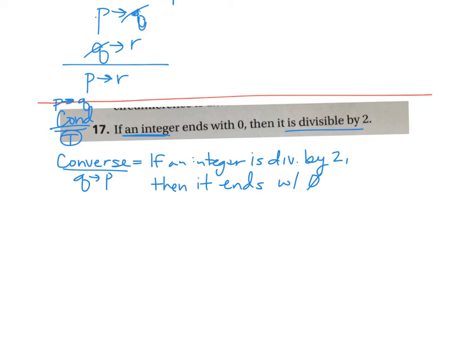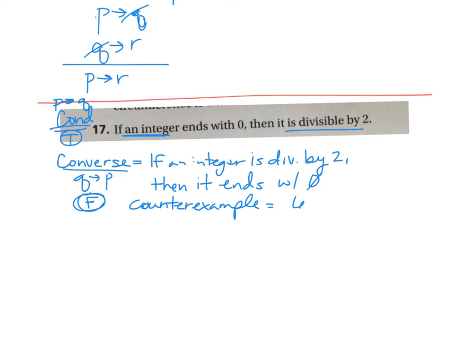If an integer is divisible by 2, then it ends with 0. That is false, right? And then you're going to have to give a counterexample. Your counterexample, in this case, would be 6, for instance. 6 is divisible by 2, but it doesn't end in